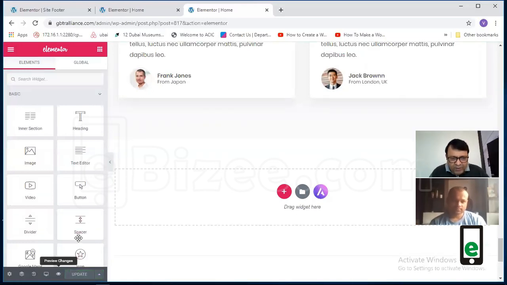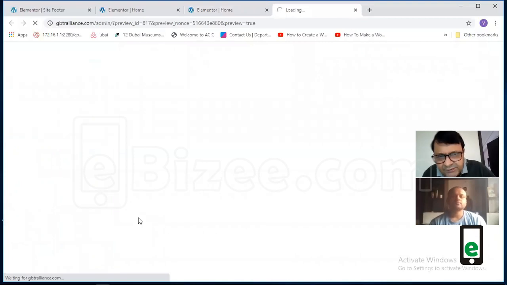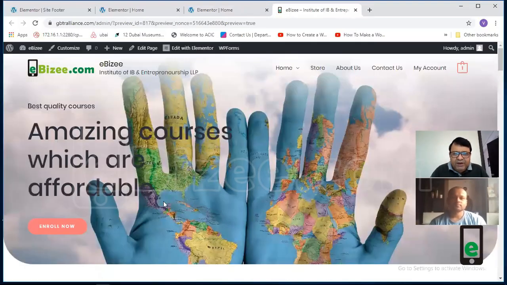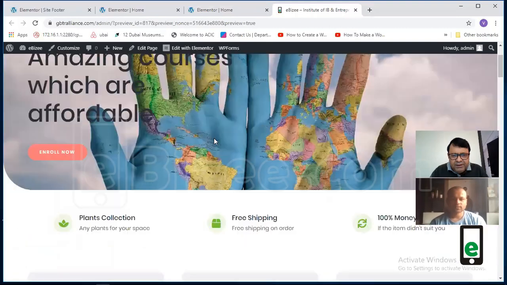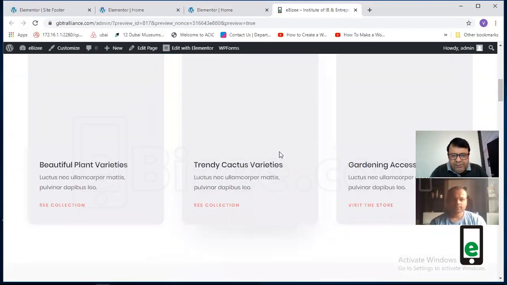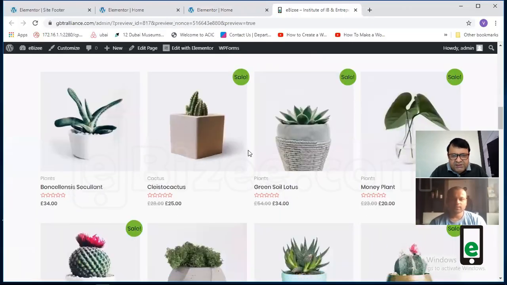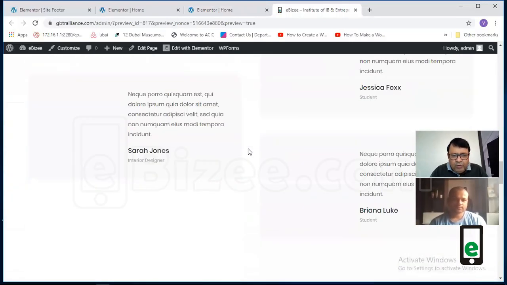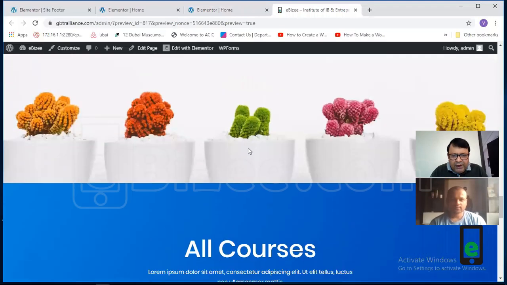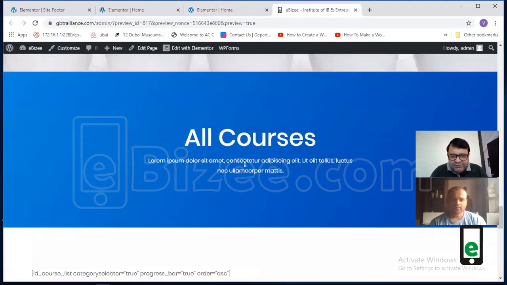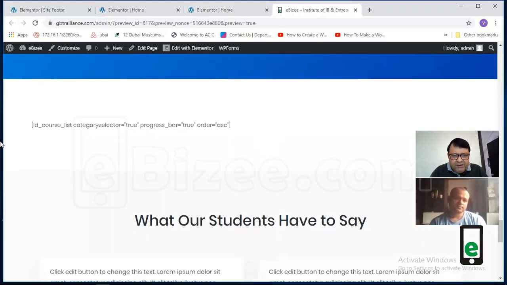and we will see how our page looks. So we have added something new. This is the same. We'll go down. This is the same. These are our main courses. These are our featured courses. And we go down, and we come to the all courses. We make some changes here. Now here it is not working dynamically because it is not connected. So we'll have to change it a little bit.